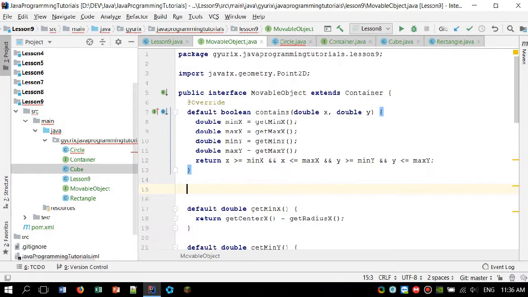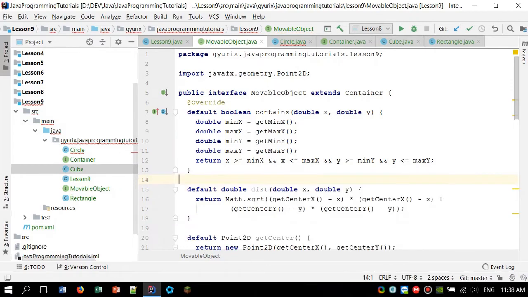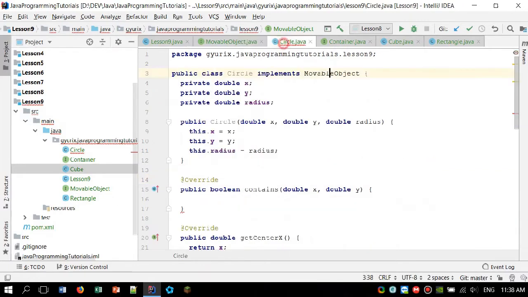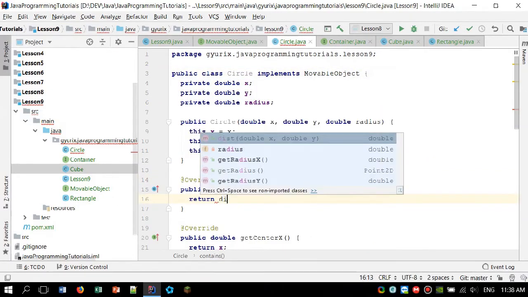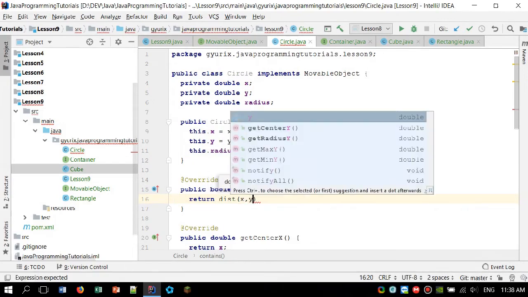So we are going to create a default double method here called dist, which will have x and y parameters, and we can calculate the distance the way I wrote it here. After we are done with these distance calculations, we can just use this dist function to calculate the distance, and if it's smaller than the radius or equal to the radius, then we know that our circle contains the given